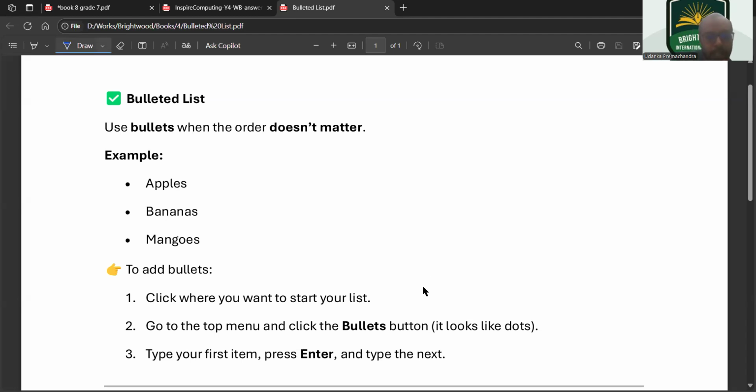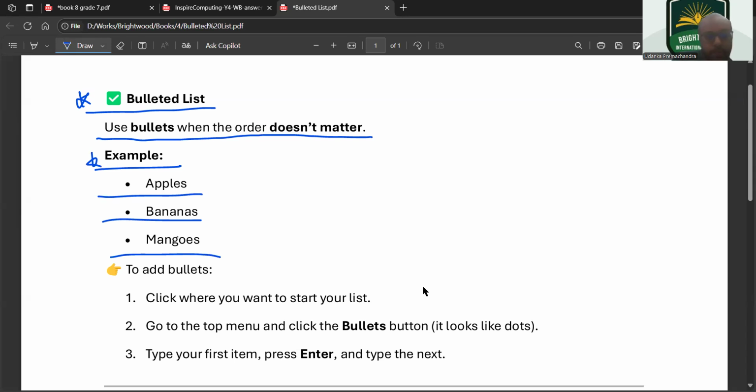Okay, can you please write down this one? All of this. How to create a bullet list? Use bullets when the order doesn't matter. If it doesn't matter about order, you can take the bullet. For example, you can take apple, banana, mangoes. To add a bullet, you have to click where you wanted to start your list and go